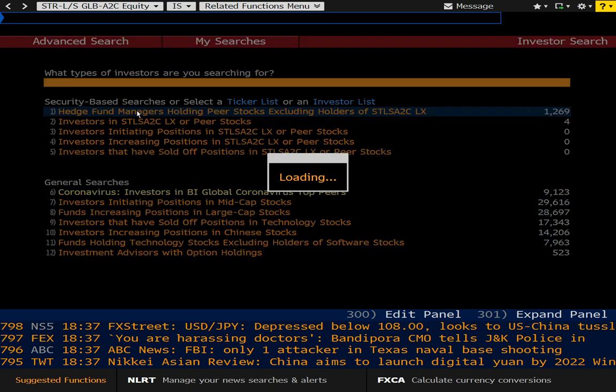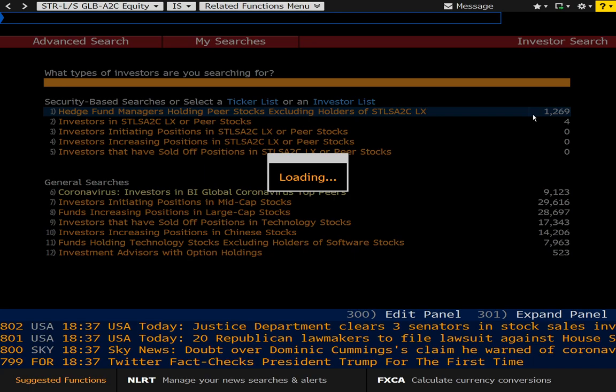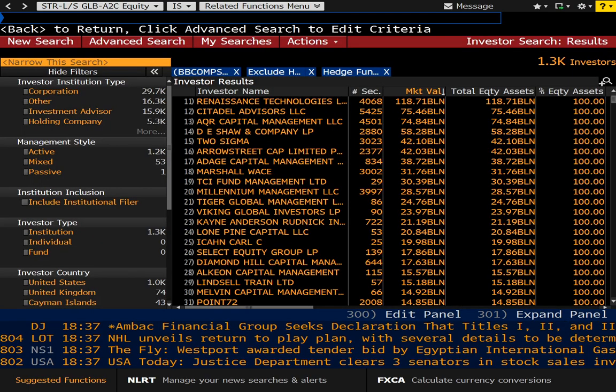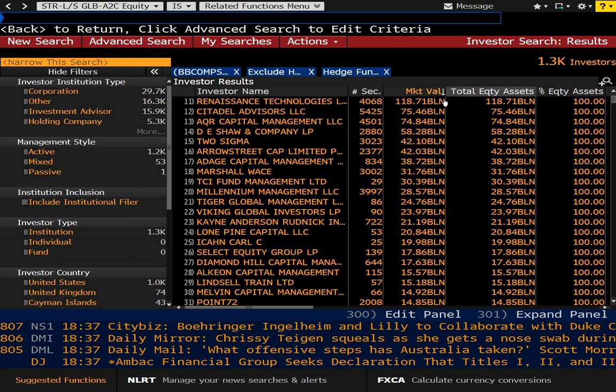that. So if I click on that, just to show you an example, you see that there's over 1,200 matches, and it's working on loading them in right now. And here we go. We can see that Renaissance Technologies, Rentec, arguably one of the most profitable hedge funds in history, comes in at number one with a market value of almost 119 billion. And these are in equity assets,